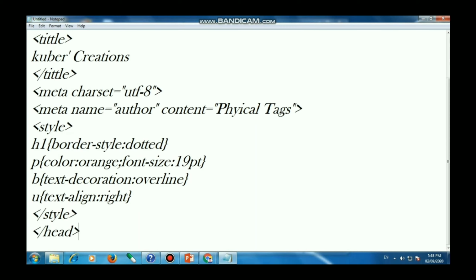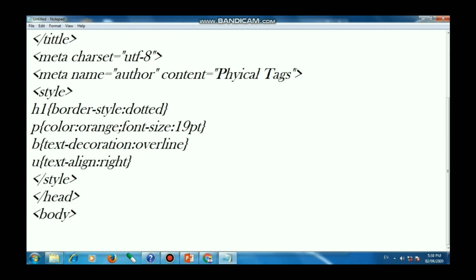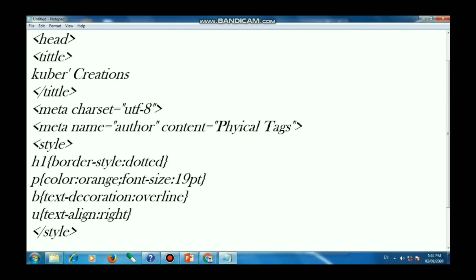Also close the head tag. Then open the body tag. Then h1 align equals to center, and here my heading is Kuber Creations.